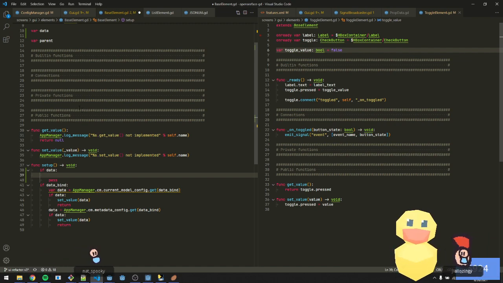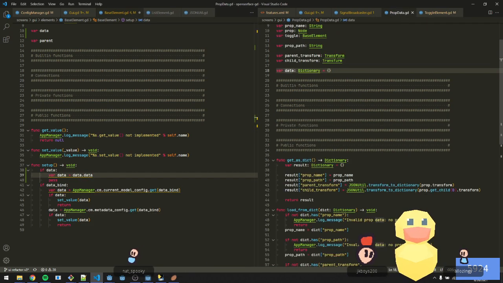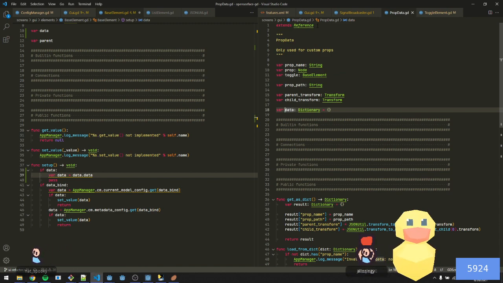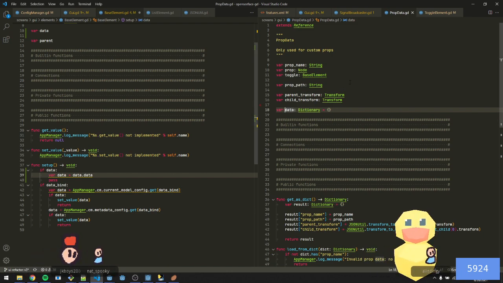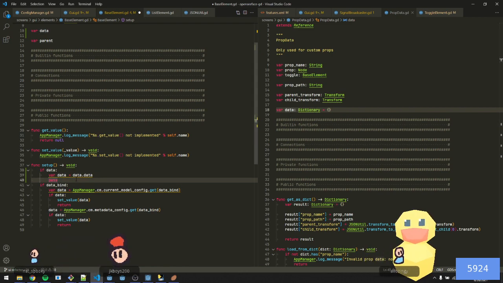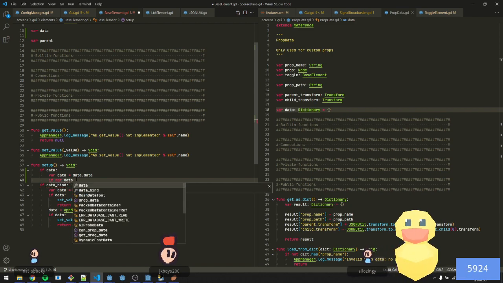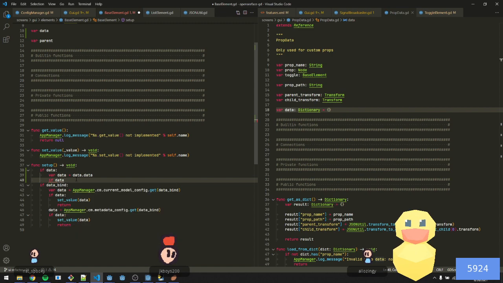And then we can do var data equals data, because we can assume that we're pulling from prop data, but I'm trying to avoid using too many more class names, because Godot doesn't like it when you use custom class names, especially when your project gets as big as this, which is unfortunate. So if not data, or so if data,